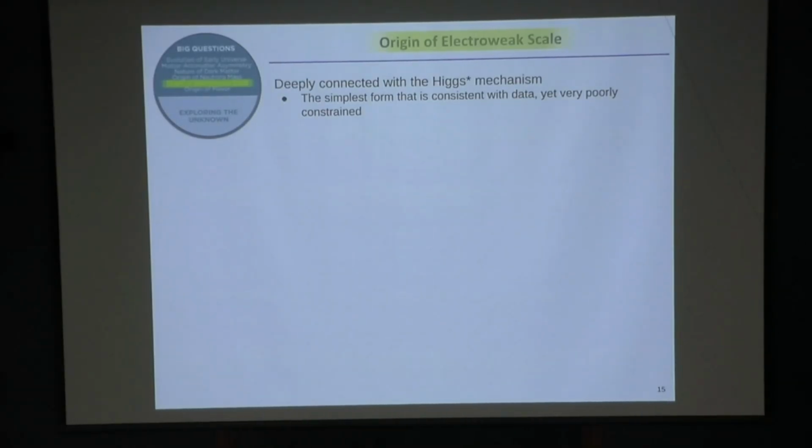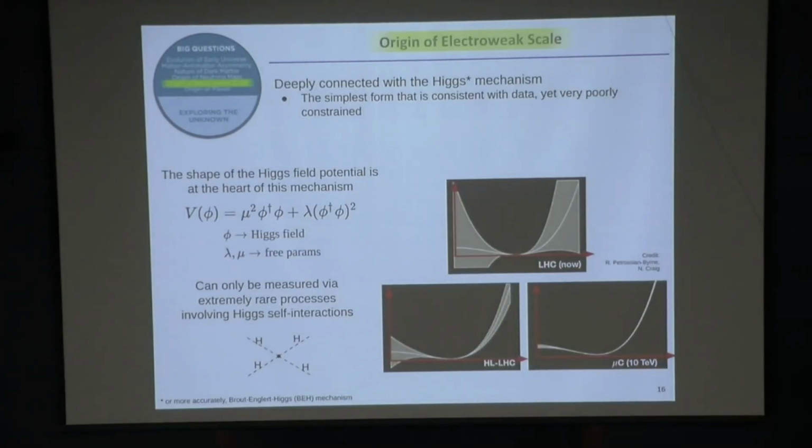We don't know if it is the correct one, we just know it's the simplest possible form that is compatible with data. And a key part of it is, as in any theory, the potential that governs the dynamics of that field. And this potential is a quadratic form, and if you want to make this theory work, this potential